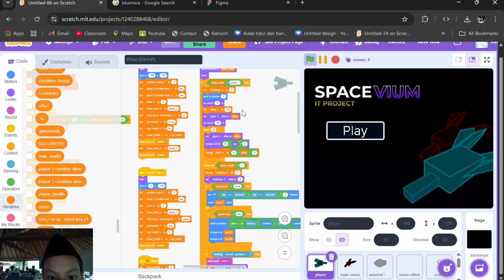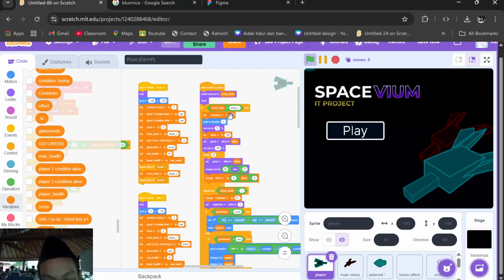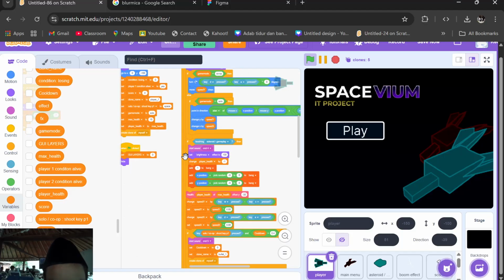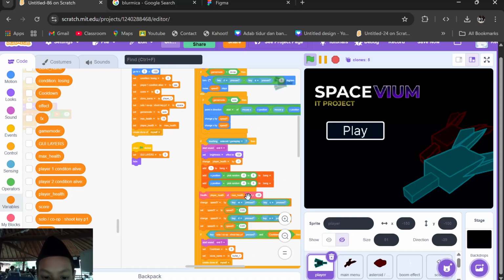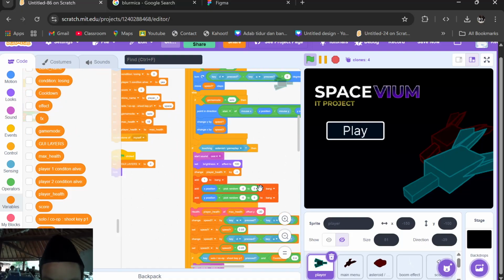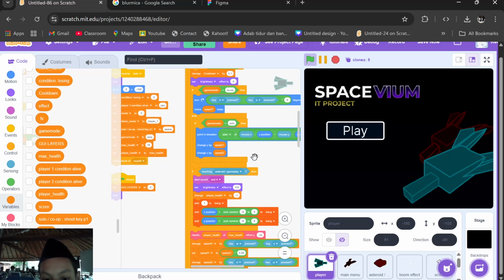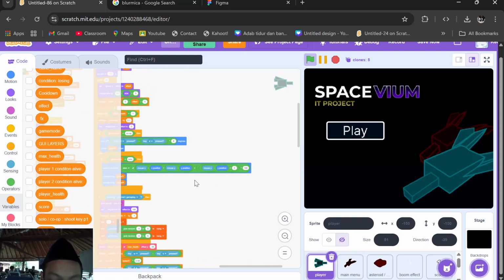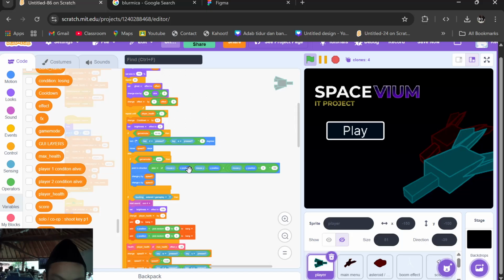This is all the control, this is the cooldown for the player shooting, and this is for smooth movement. The halt is for showing the halt. This is for the explosion. This is if touching the asteroid, and this is for pointing in direction to the mouse.